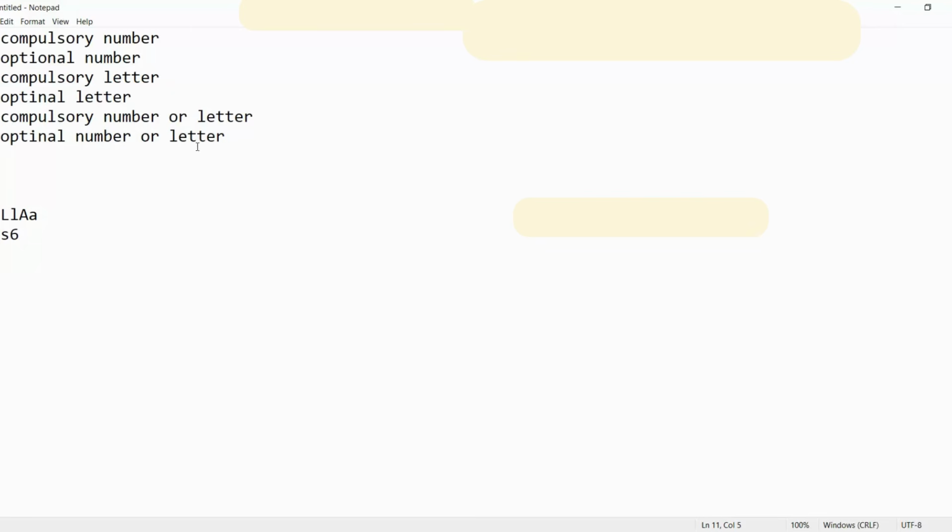And then it's an optional number or letter. So if I want, I can add another number, or I can add another letter, or I can just leave it like that because it's optional. If you take another example, if it's something like capital A, simple A,